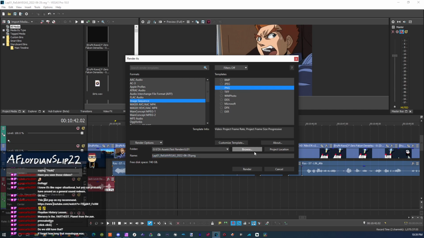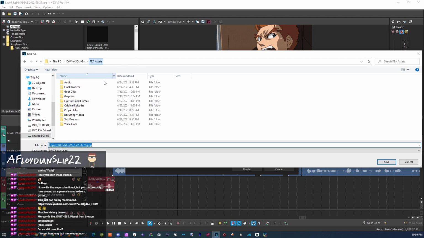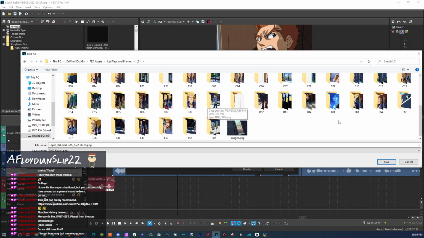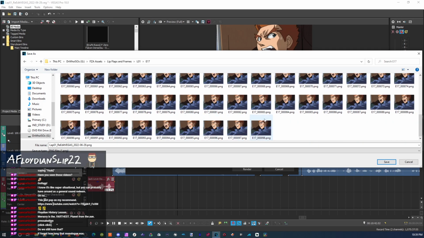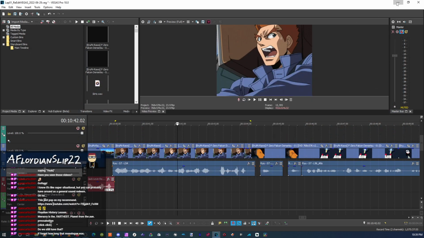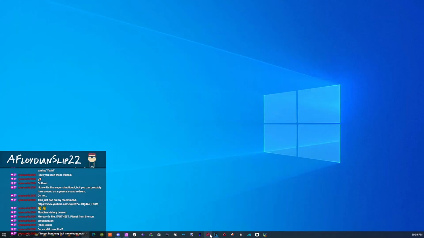Image sequence, PNG. And we want to go into lap 1. What shot is this? We've decided this is... we've already done that. Awesome. I forgot we've already done that. Okay, so in that case, we want to go ahead and